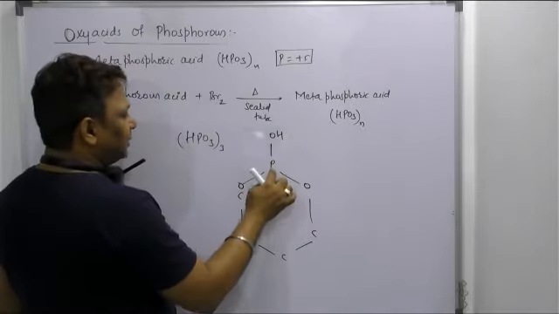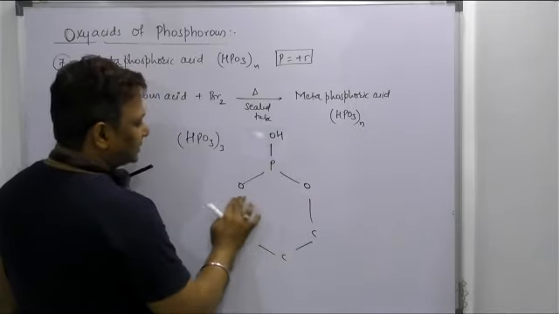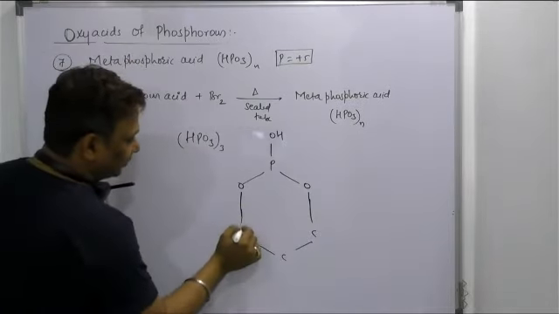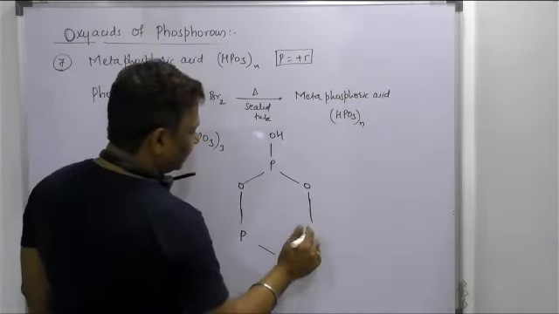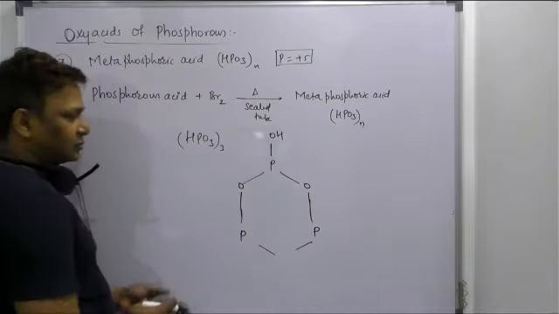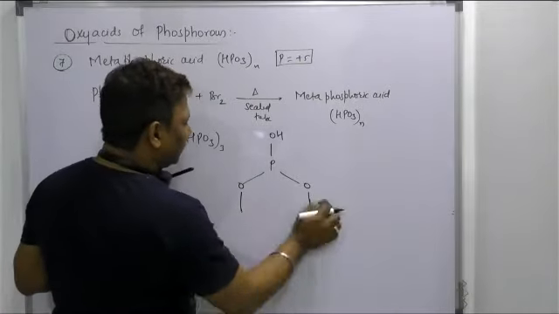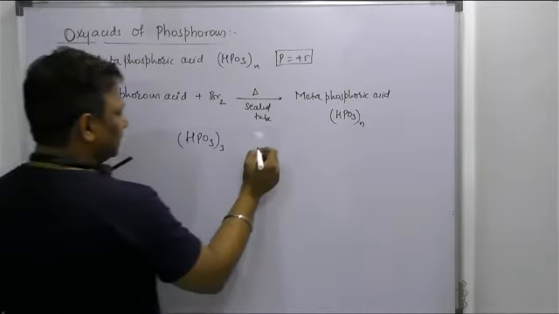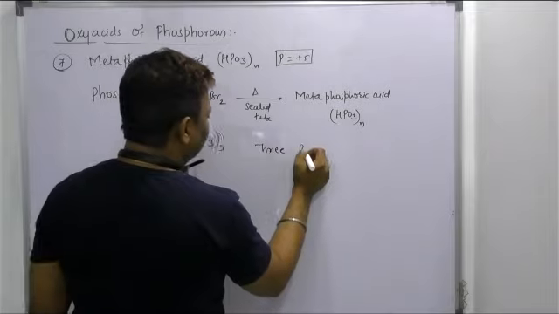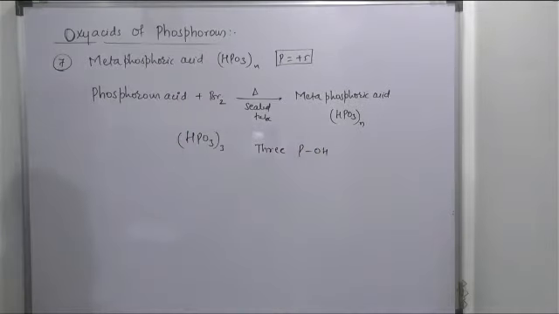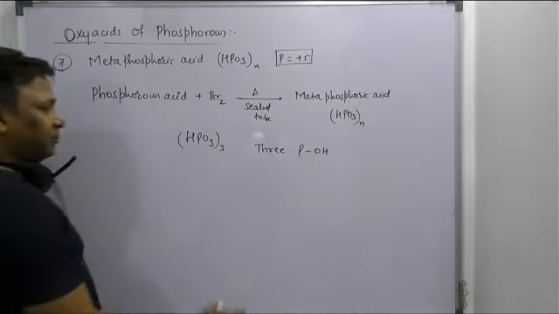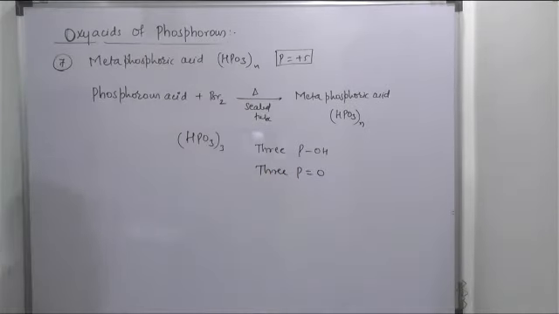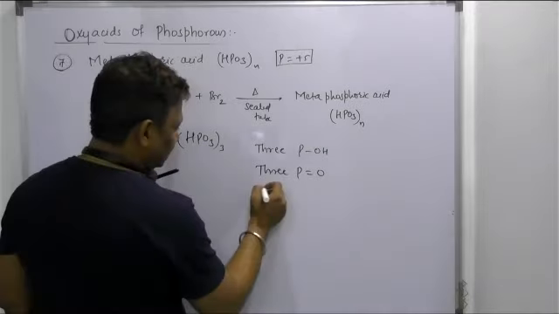See, H, P, and O3, as it is there, HPO3. In the same way, again I will get one more P here, and again one more P here. Now based on that, how many POP bonds, how many PP linkages are there? Directly we can say in this one we have 3 POH bonds, 3 P double bond O, and 3 POP linkages.